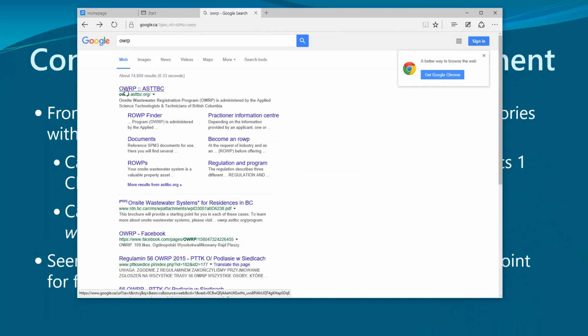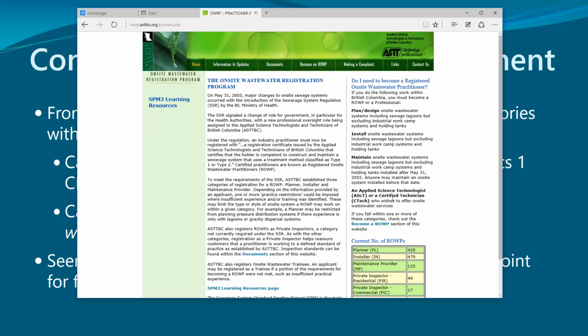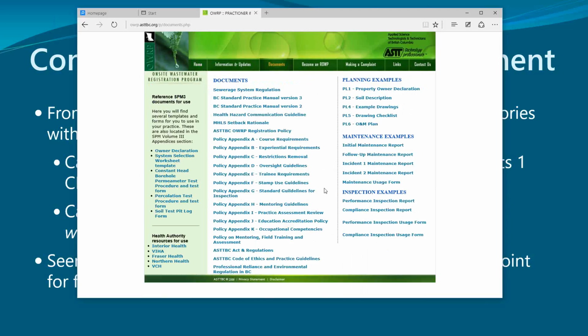So, brings us there. It's set up with practitioner side, consumer side. The information we're looking at is for practitioners, so I'll go there. While I am here, top more or less center is a tab, Documents. I'm just going to go there just to show you. For one thing, this is where the CPD policy is. Where is it? Can't see it right now. It's in here somewhere. Here's our registration policy.